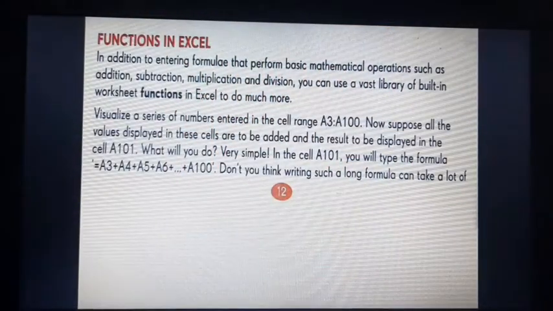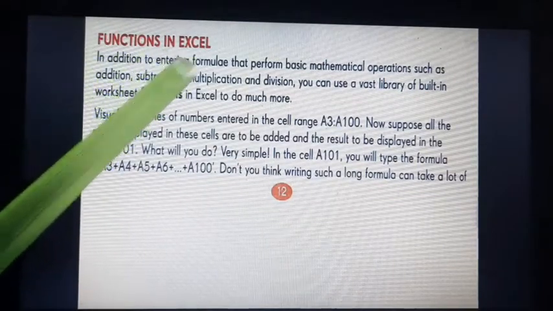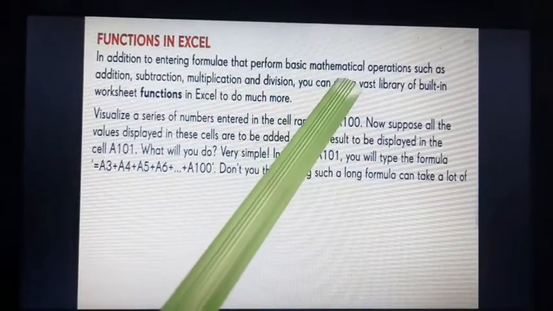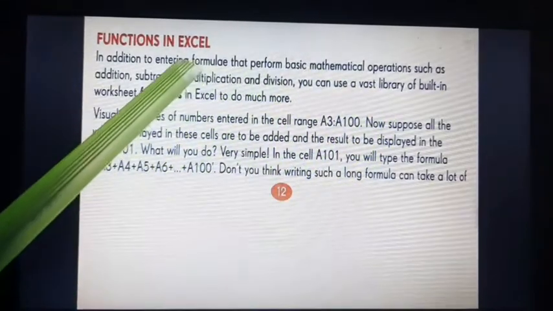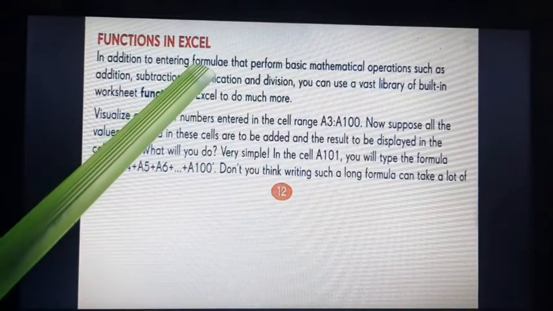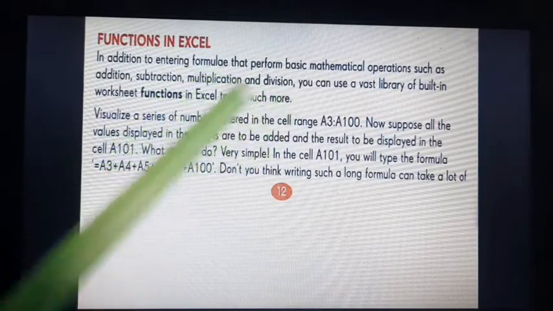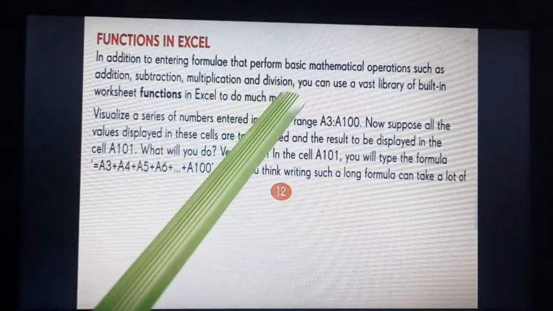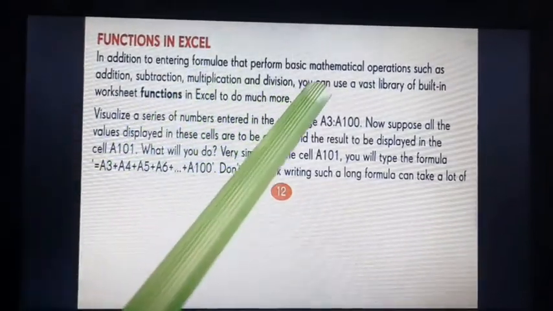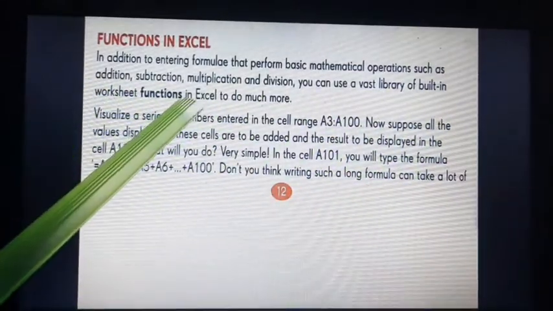Now what are functions in Excel? We have seen formulas in Excel. Now here we are going to see functions in Excel. In addition to entering formulas to perform basic mathematical operations, we saw in the previous class how to enter formulas and perform mathematical operations such as addition, subtraction, multiplication and division. In spite of this, you can use a vast library of built-in worksheet functions in Excel to do much